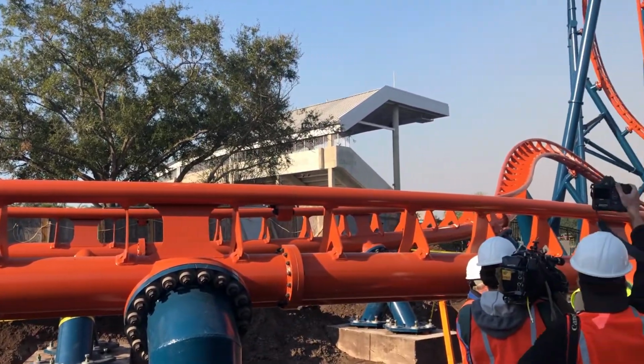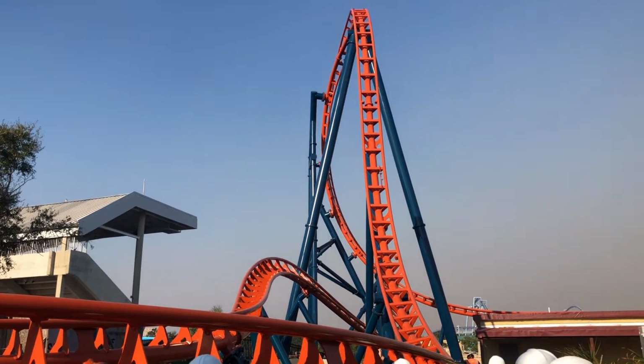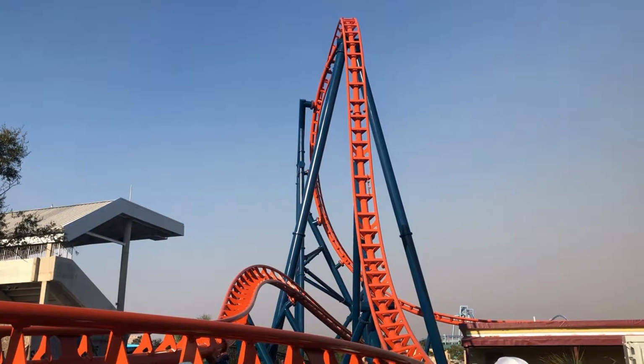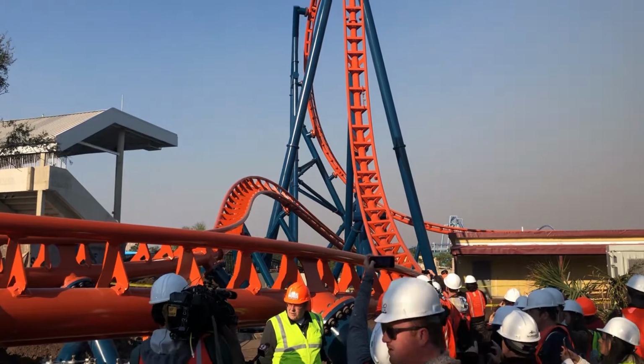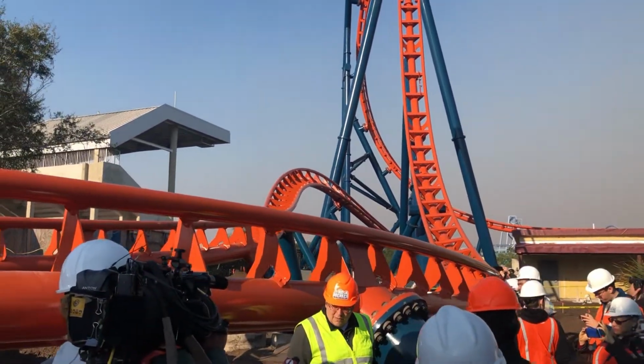Where are you fabricating? How long is it taking that process? Just getting these pieces? Great, so these came from the USA, so the track came from Utah, and the college came from Kansas. And we started fabricating those probably